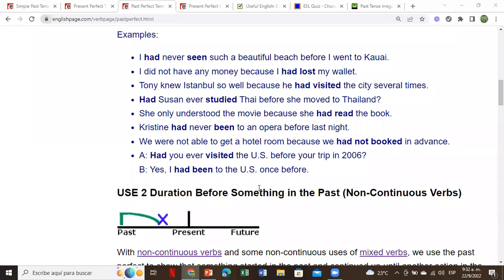I had not visited my grandma because I didn't have enough time. I like it. Perfect. Thank you, sir. Miss Portillo said he had cooked the dinner already when she arrived. Excellent. Thank you, Miss. Israel said,